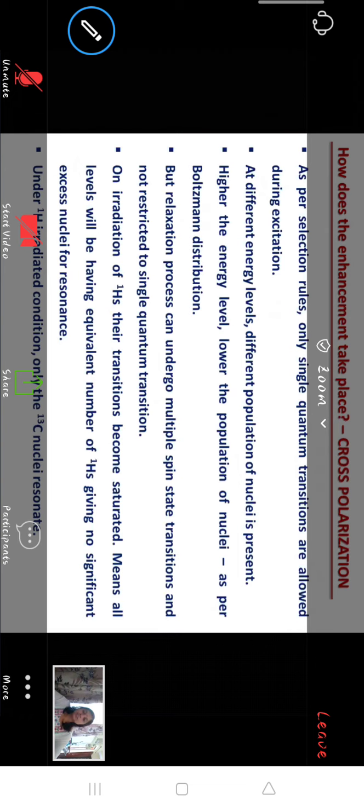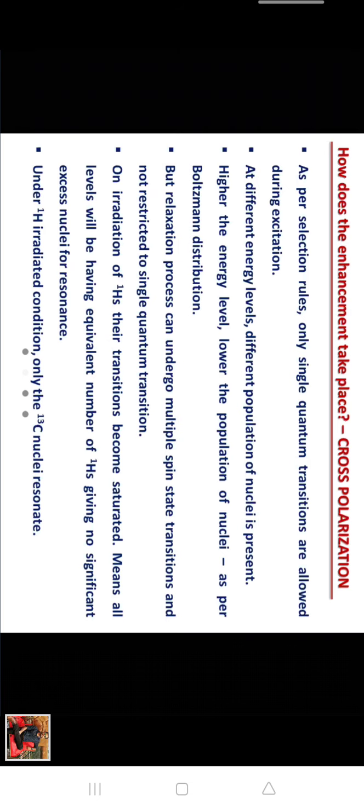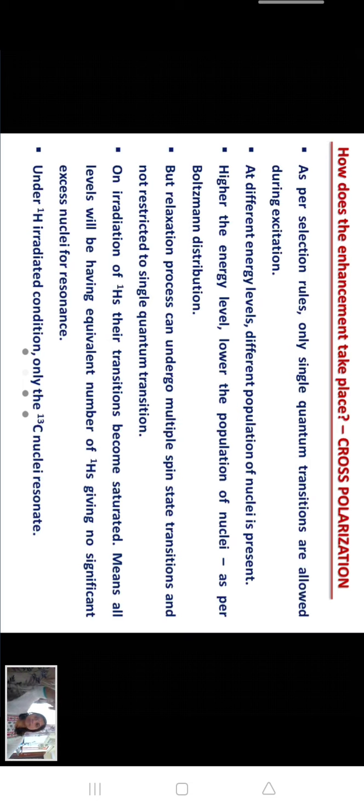Now, before we get into the energy, the splittings or the populations, let's first remind ourselves of certain things we have been talking about since day 1 of NMR spectroscopy. First, the selection rule says for any nucleus, any electron spin transitions, there can be only one spin transition at one time. So it is a single quantum transition allowed. If you have 2 nuclei, both having spin in the plus half direction, you cannot at the same time invert both nuclei to minus half. This type of transition cannot take place.